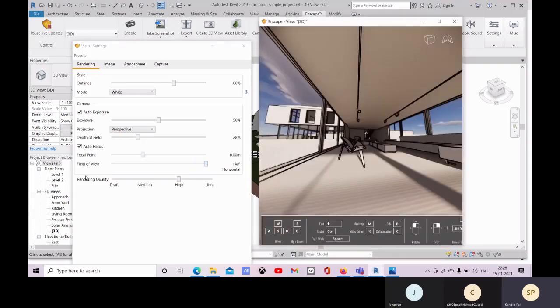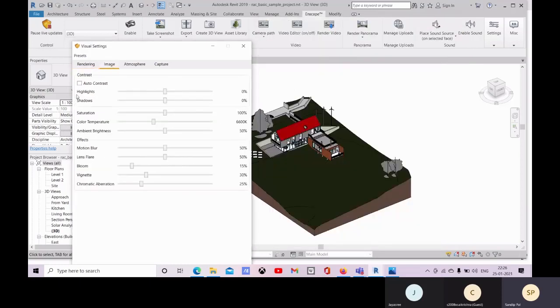Okay, so with this you can change the render quality from high to ultra. For that, a better configuration is needed. You can also change the image output settings: highlights, shadows, and everything. You can change them accordingly. Right now the default options are